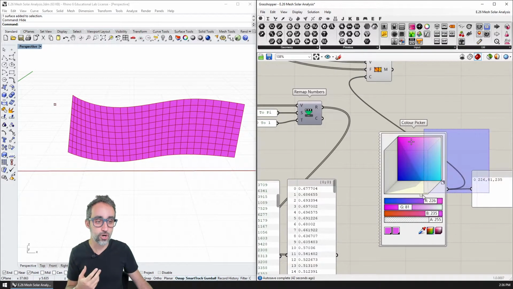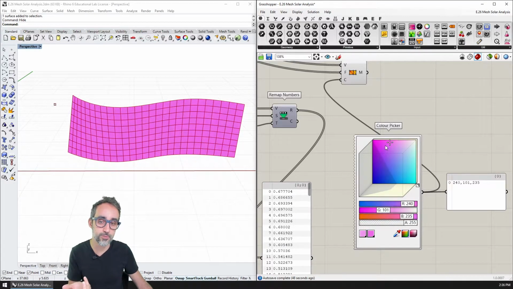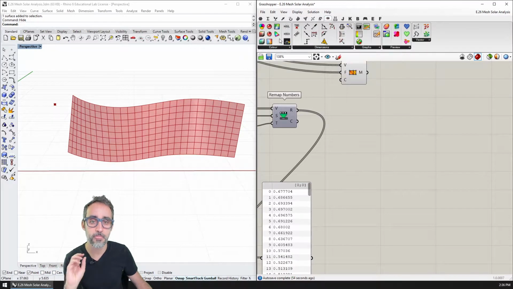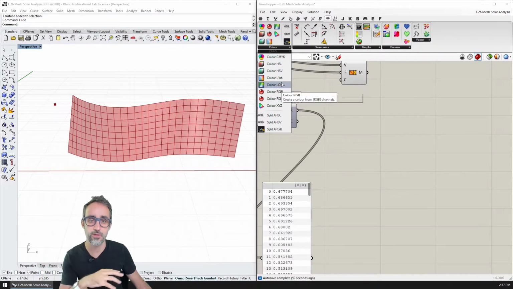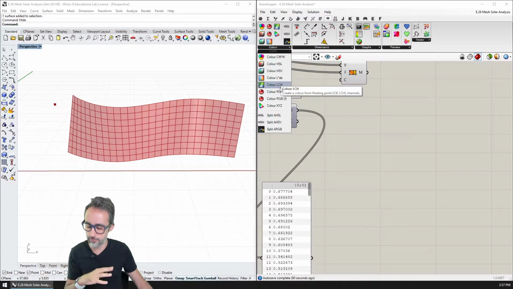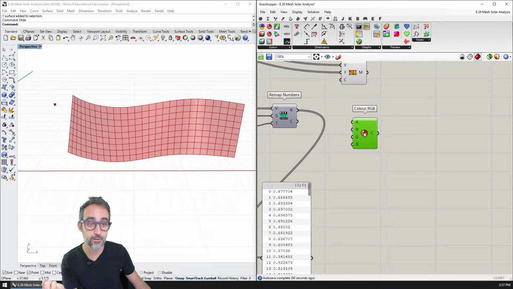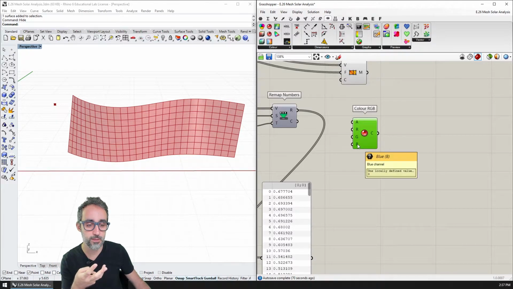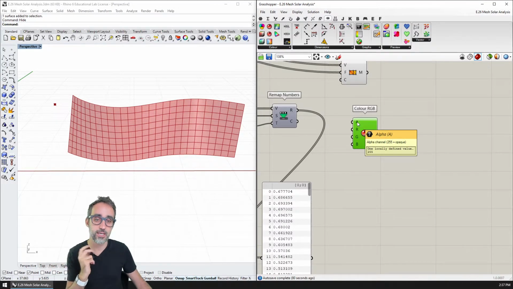The way we generate colors in Grasshopper is either using the color picker, or, if we want to do this programmatically with components, there is a whole tab here under display and color, and you can see that I can create colors in all different color spaces. We're not going to get into CMYK, HSV, whatever. The most common one, especially for computer graphics, is RGB. So I'm going to drop this component here, and it is going to create a color based on RGB and alpha, which means transparency, if I so wanted.